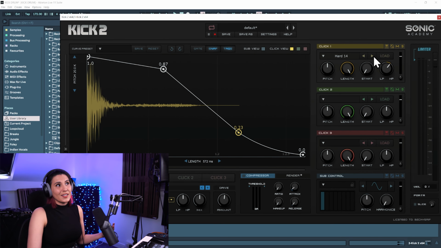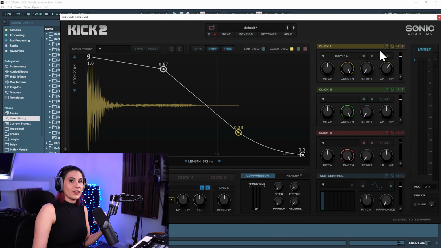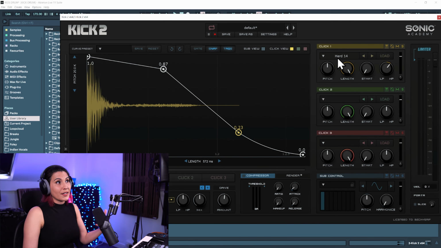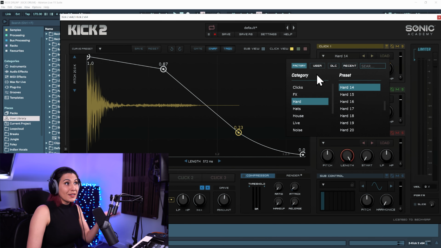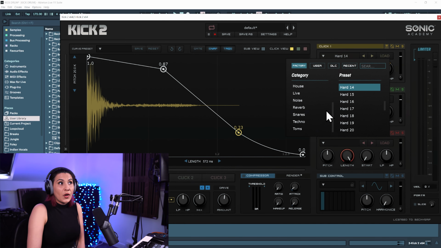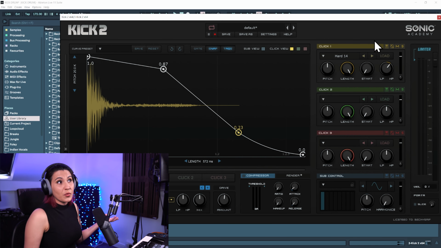So you're getting a different transient, a different characteristic of your kick by cycling through the clicks there that are preset in Kick 2. But you can also introduce your own kick. And this is where I have thought about introducing the acoustic characteristics of the think break kick, because it doesn't have that sub-frequency content. We could also get rid of the lower frequencies by using the high pass filter, but